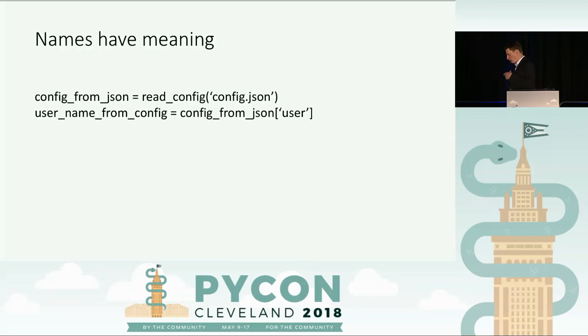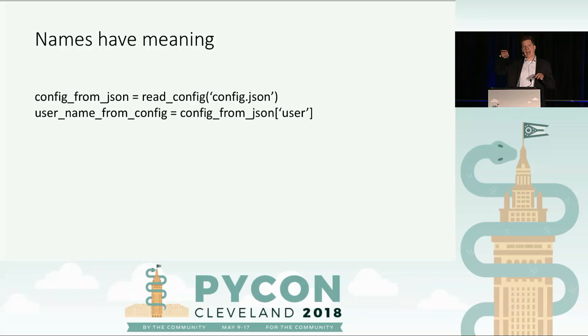Especially for newer coders, names accumulate that kind of metadata. So again, in a function, you're not going to have very many variables, so you can afford to have short names because there's only 3 things, and one of them is a config. You will see things like config from JSON, and the name is almost a transposition. The name on the left-hand side is almost a transposition from what's happening on the right-hand side, and you will see